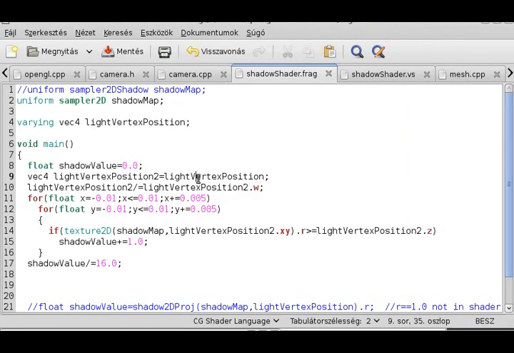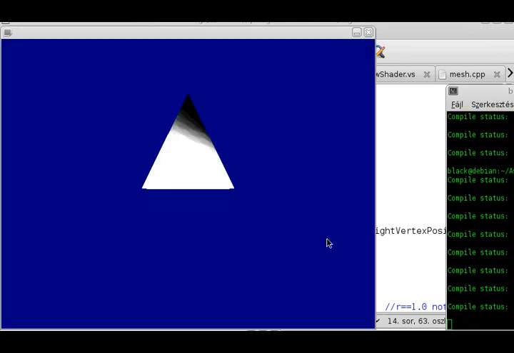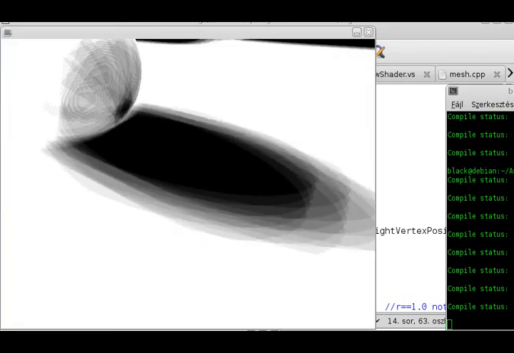Of course, we have to actually modify slightly the position right here, this position. So I'm just going to add a vector to it, vector 2, with the x and the y component, and this should slightly always modify the position of the current vertex. And there we go, we have some incredibly crappy